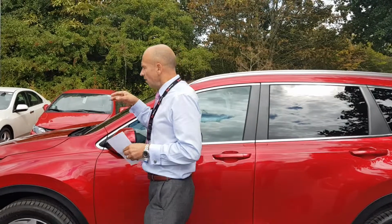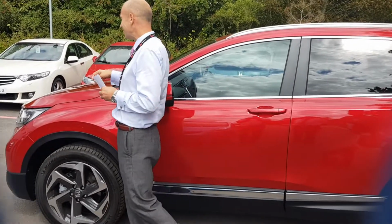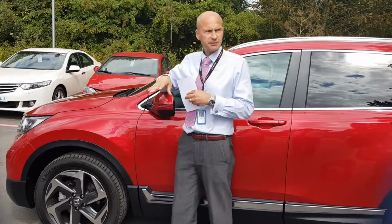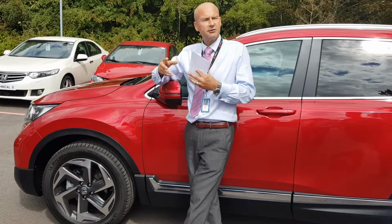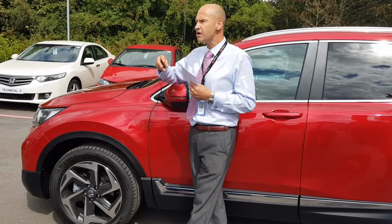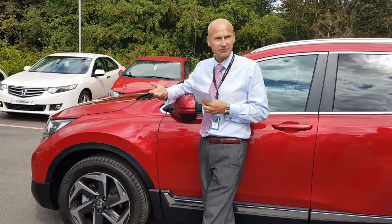So is there different power for two-wheel drive to all-wheel drive? No, there isn't. There's different power from manual to CVT. So what we've done, we've started with the manual, and we've got 173 PS with that, and when we've moved to CVT, because they do have different driving characteristics, we felt we wanted to give it a little bit more power, a little bit more torque, so they drive more similarly on the road. So you'll find that the CVT has 193 PS of power,